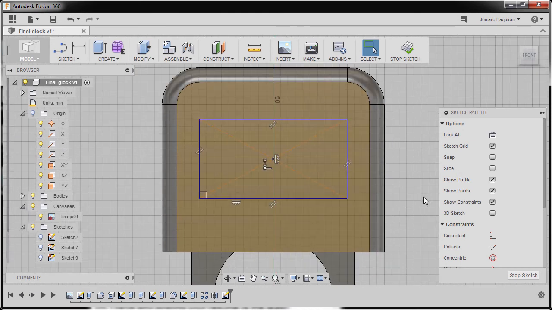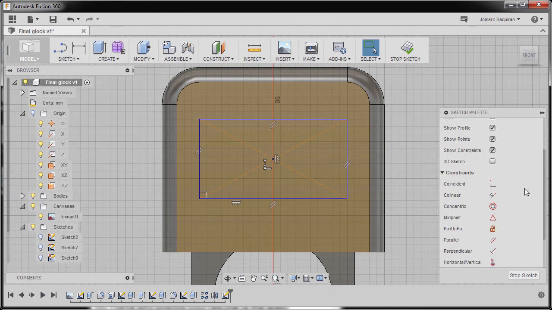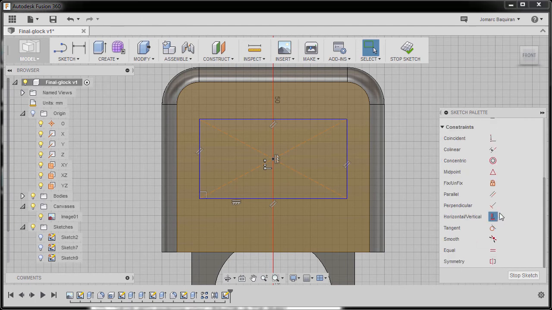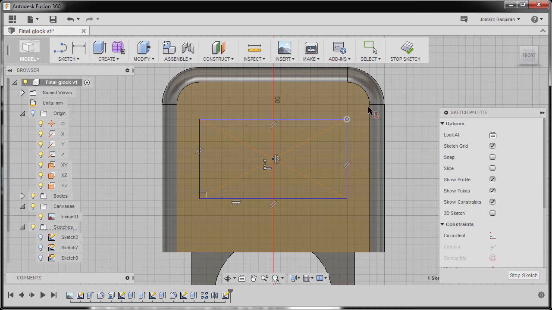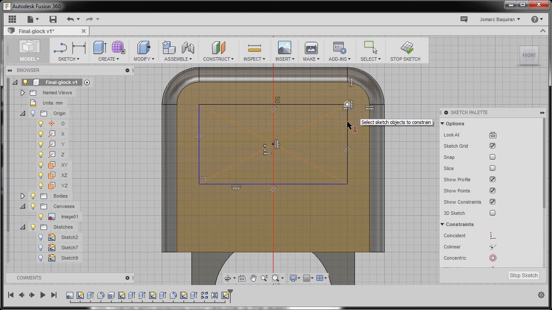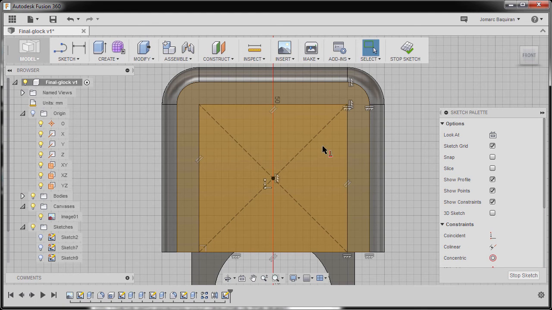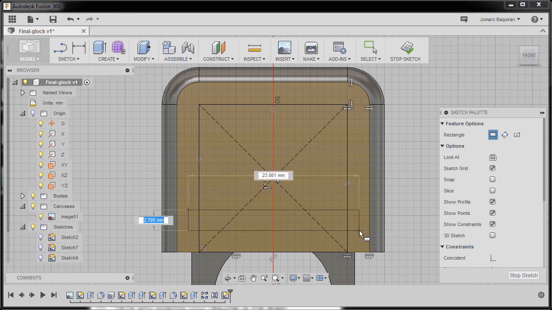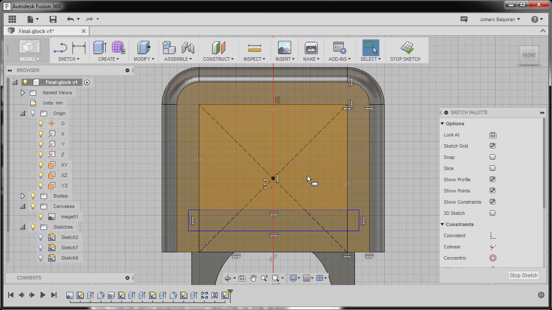Next, under constraints, I'm going to select our horizontal, vertical, aligning this point and this point horizontally, this point and this point vertically. And finally, selecting this point, aligning this to this point. Hitting escape and hitting R once more. Going to create our rectangle here, second point here, hitting escape and hitting L to grab our line, dropping our